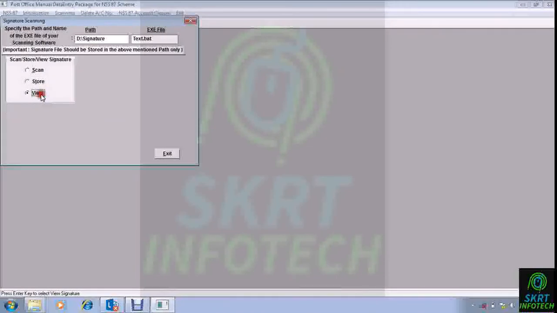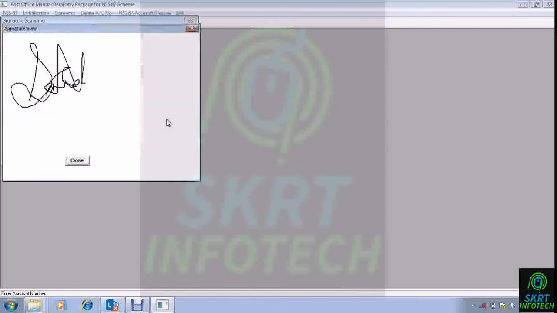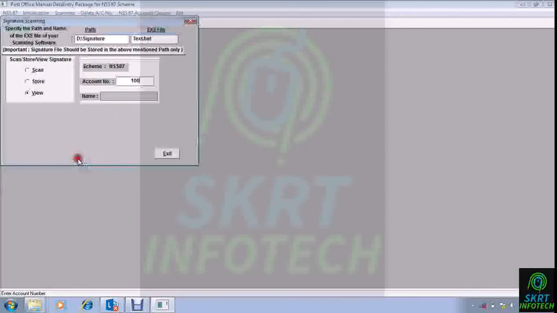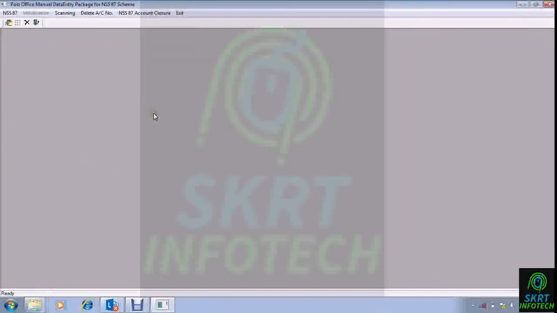So once this is done, you can view that signature, press enter, 100, enter, see, you are able to see the signature. Now close, exit. This is done. So scanning is also done.